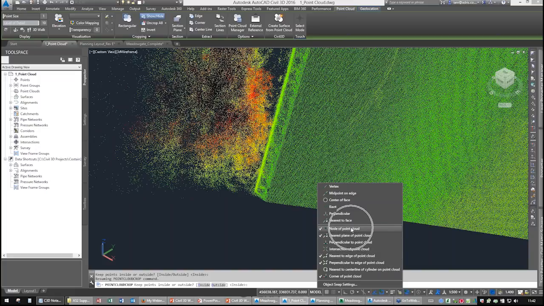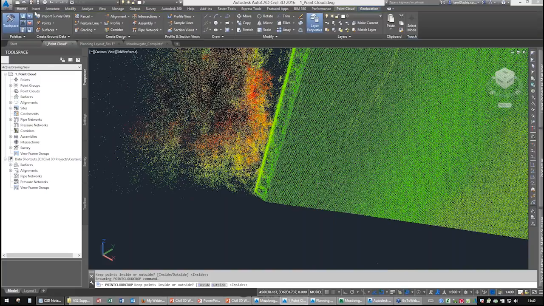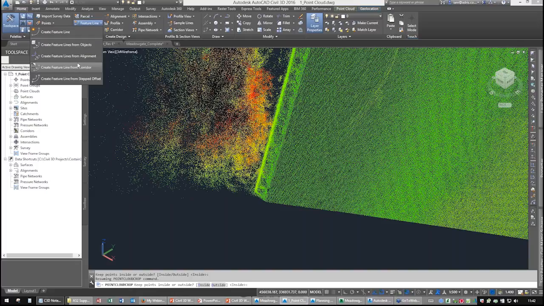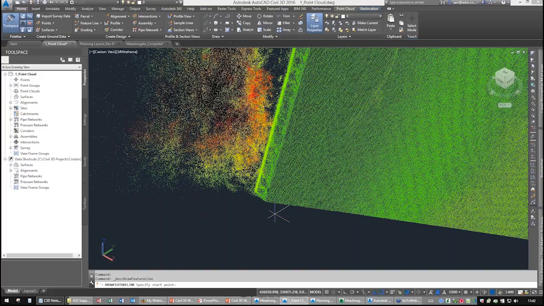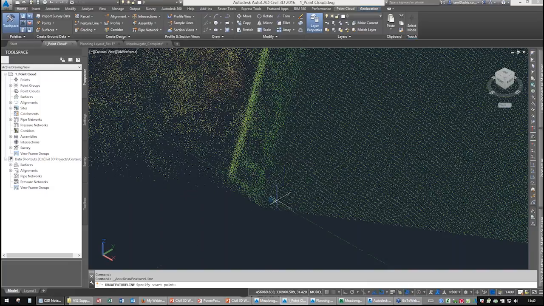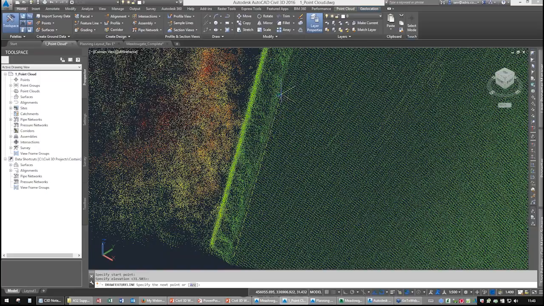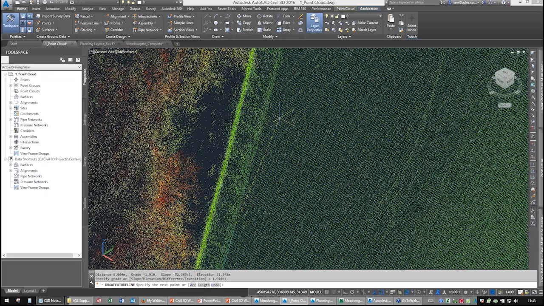But I certainly want to go to nodes. So I want to create a 3D line along here. So I'll do that using feature lines. Oh, we're running out of time, guys, sorry. Create a feature line. I won't bother giving it a name. I'll style it as edge of the carriageway, like so. And I'll turn my 3D object snaps on. And can you see now it's snapping to points on this point cloud? So I can click on it. You'll see that it's telling us what the elevation is. So hit enter, and I can start drawing down my